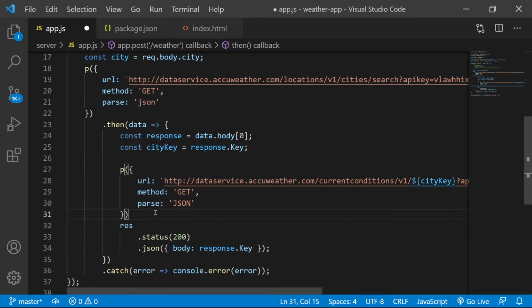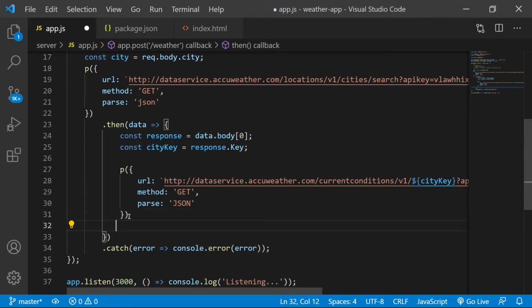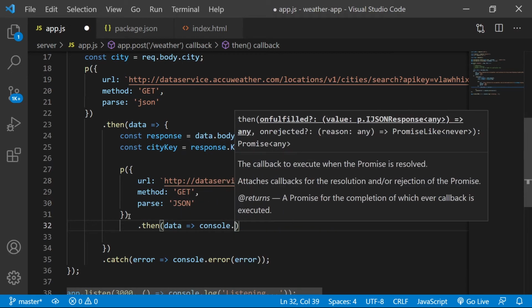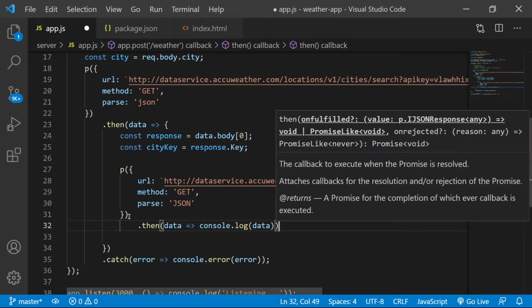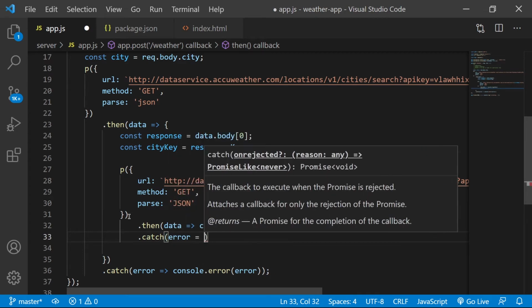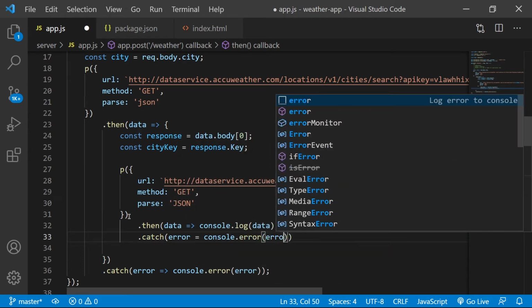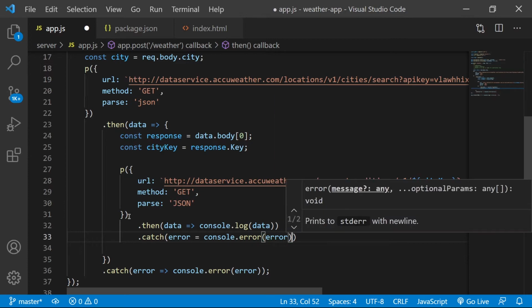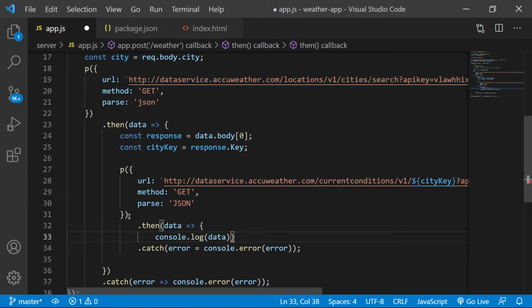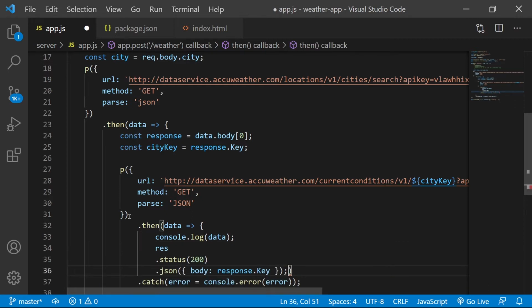Okay. Going to remove the response from here. And we're going to do pretty much the same thing we did before. So again, we'll do a dot then data. For now, I'll just log the data out. And then again, we'll do a dot catch error console.error error. Now again, we can't forget to actually respond here so the request doesn't hang.